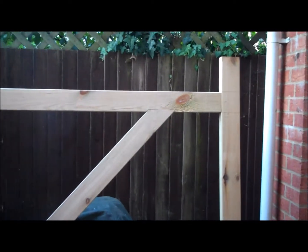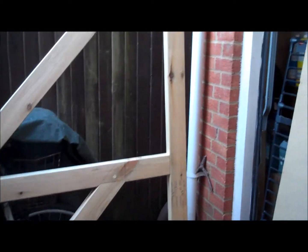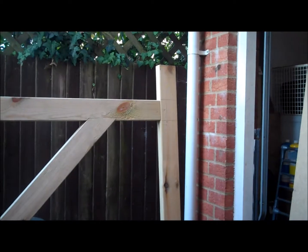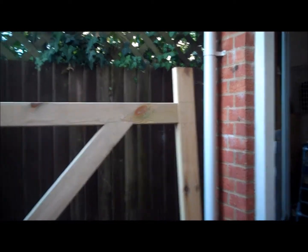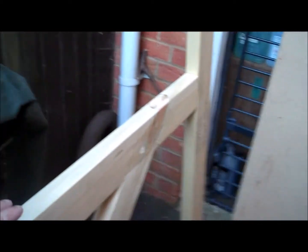So that's gate number 2 finished. So wedged mortise and tenons on the side, and then the braces are pegged mortise and tenons. Look at me with my technical terms. Number 1, or rather number 1 and number 2, and I've even planed this